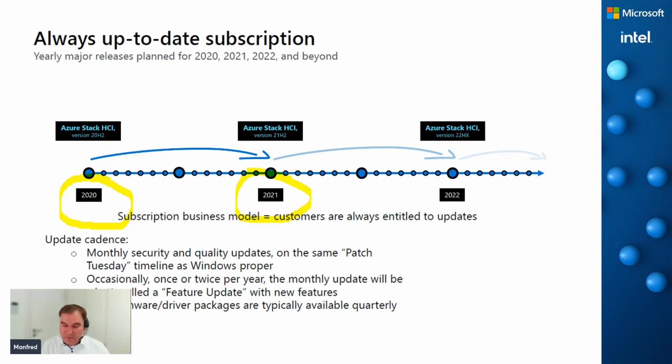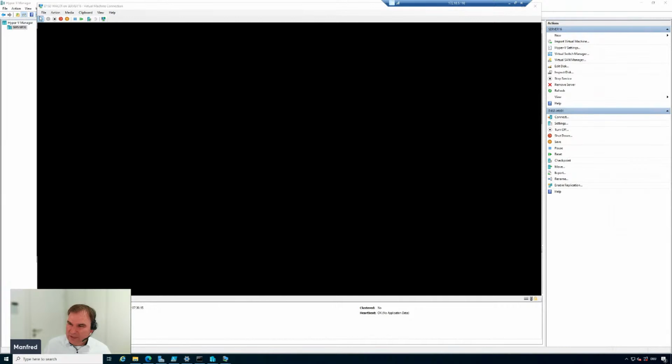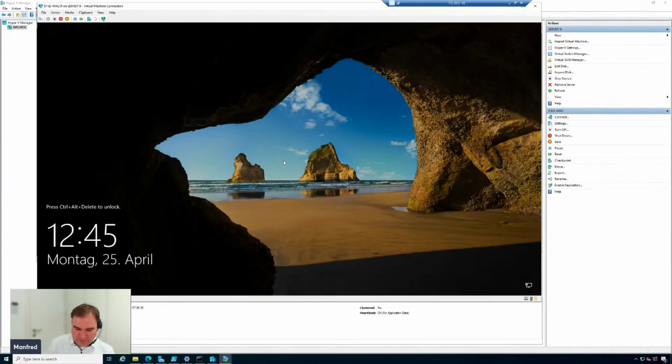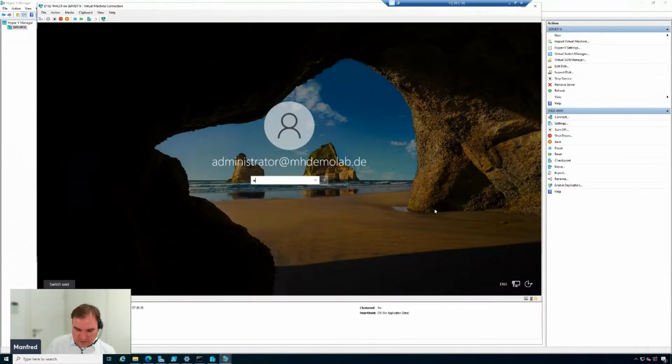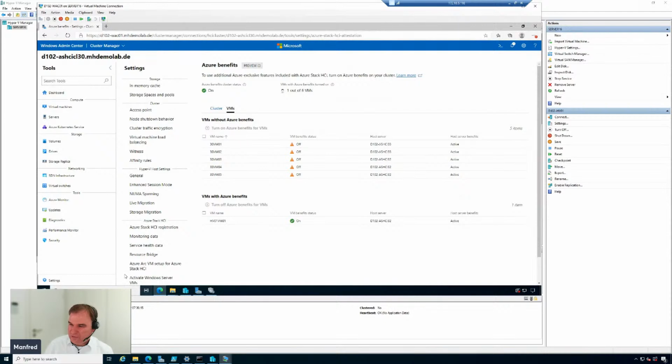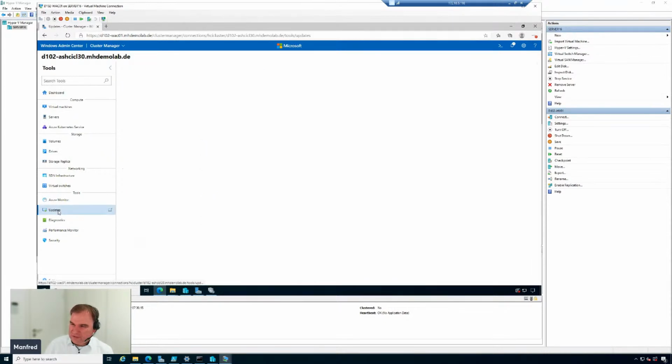so the workload keeps up and running, so the workload keeps online while you are migrating your cluster, because when we are migrating, let's have a look at this in the Windows Admin Center. Then first, the first node will be updated, then the second node, and then the third node. I'll take my Windows Admin Center to show this to you. Here we have the updates for this cluster, and the updating of the cluster is done online automatically. For sure, each node has to be restarted, but the workflow is handled automatically by the cluster aware updating we